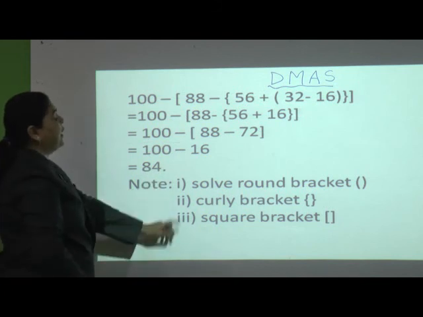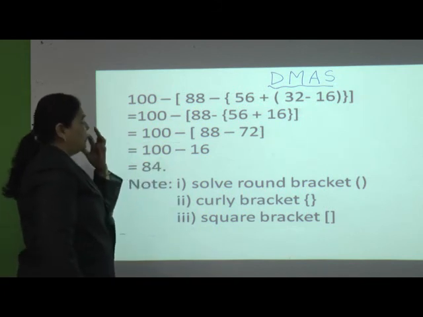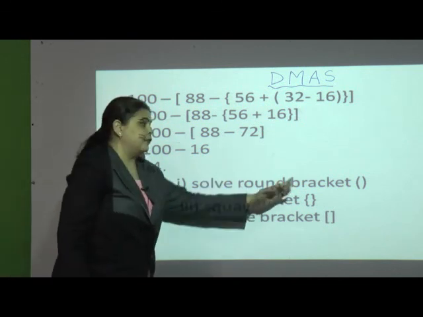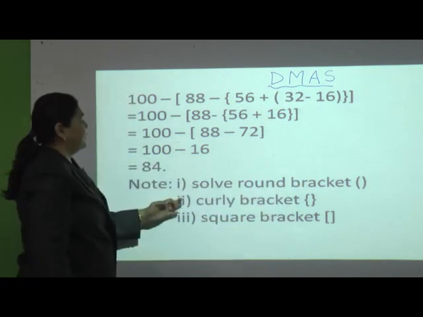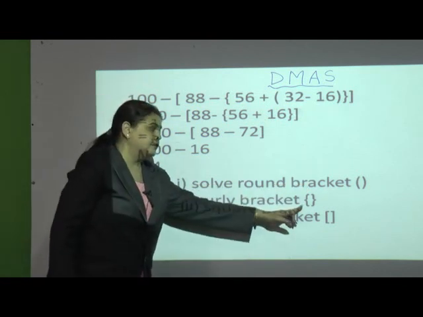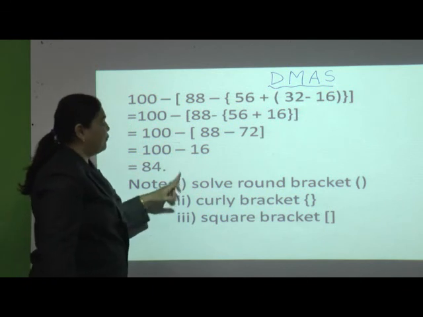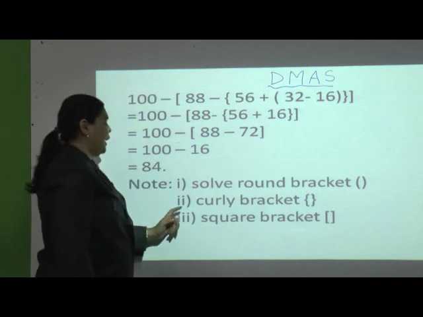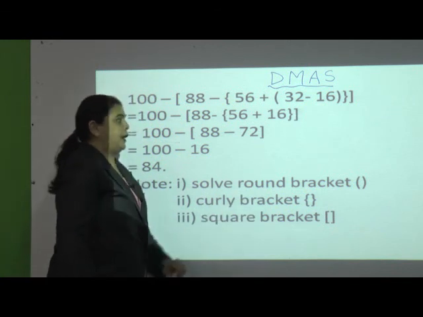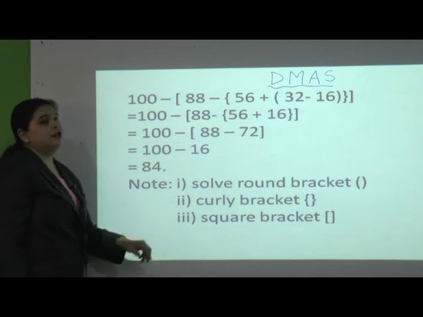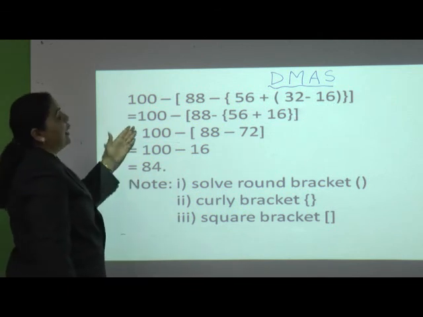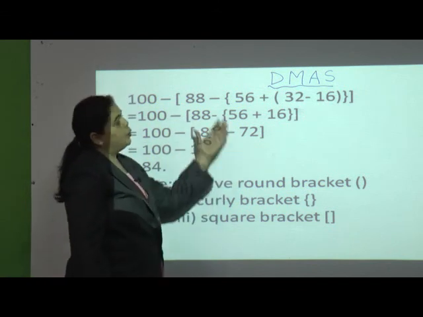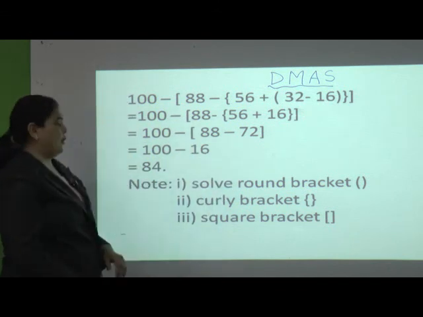So again I will explain how to solve with the help of different types of brackets. Solve the round bracket first, which already I had given with a symbol. Then the curly bracket, which is given by the symbol. First step we have to solve the round bracket, then second step the curly bracket, and third the square bracket. I think if you follow all these steps, you are able to solve any number of your choice with any operation you can write, and you can try to solve it.